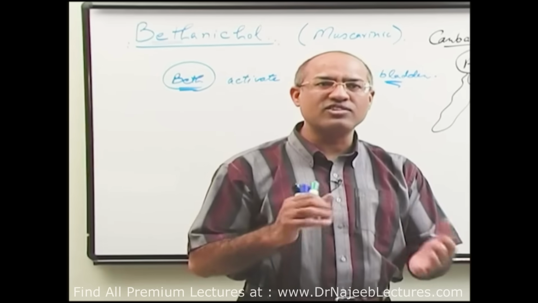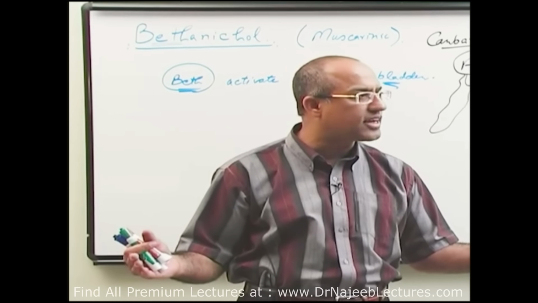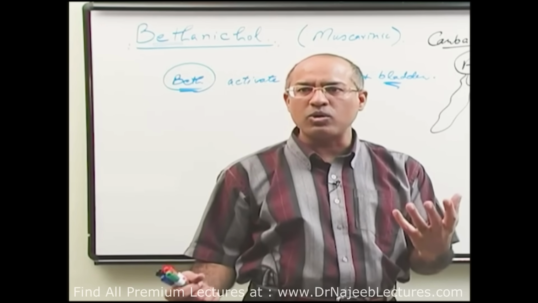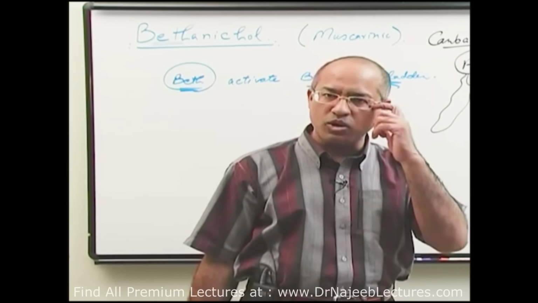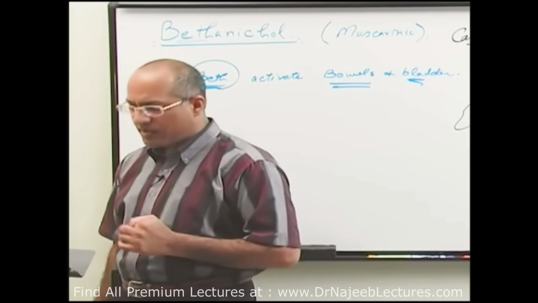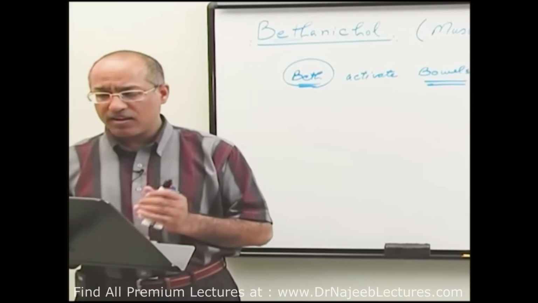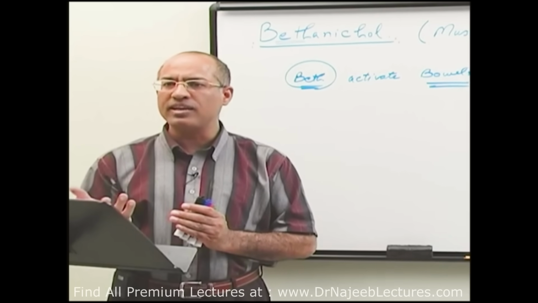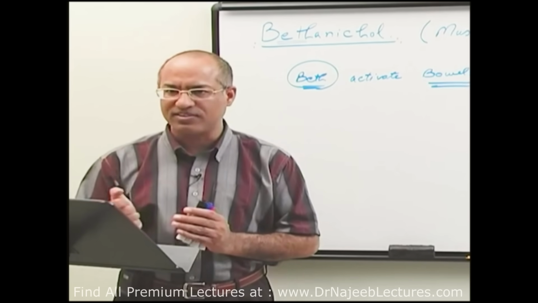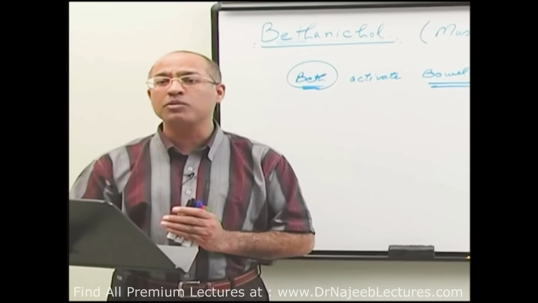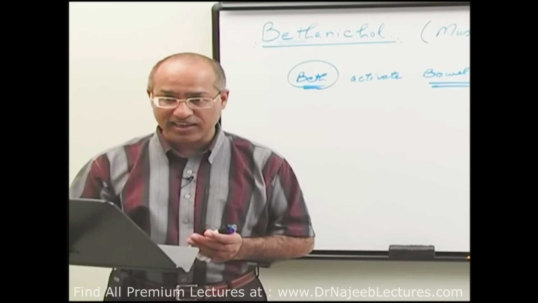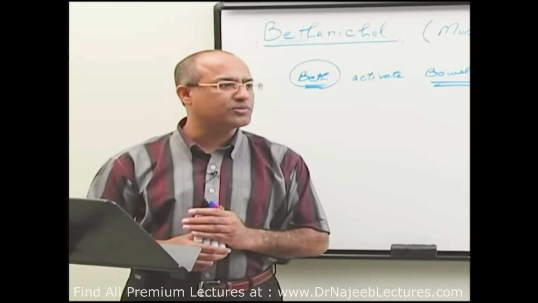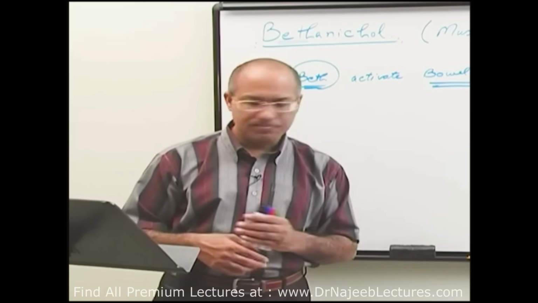In bethanechol, you can say it's a modified acetylcholine in which acetate has been replaced by carbamate, and this change in the molecule does not allow the cholinesterases to destroy it very effectively. So due to that reason, this drug is destroyed relatively slowly, so it has a longer duration of action. Acetylcholine has 5 to 10 or 20 seconds, but this has a duration of action usually more than 60 minutes or 1 hour. It's significant that something which is destroyed in 10 seconds can now stay for 1 hour. Is that right?